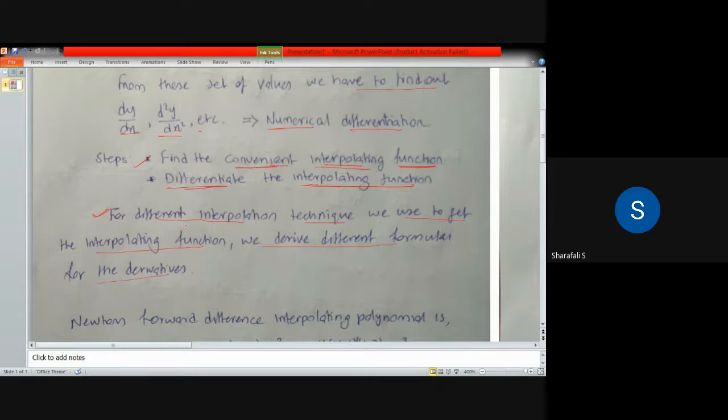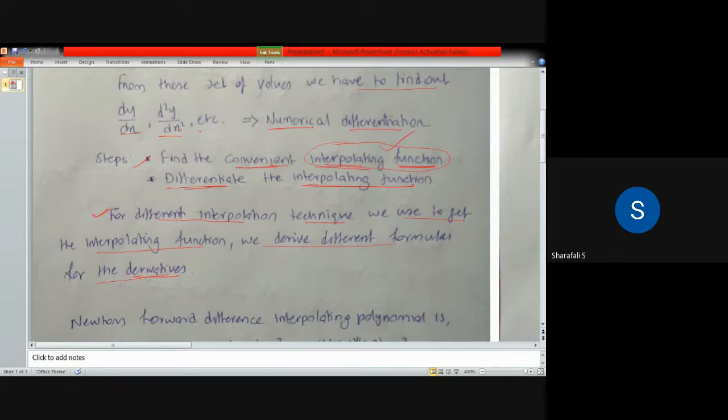Here we are using Newton's difference method. If you use some other interpolating technique, then we have to go for different equations for differentiation. So for each interpolation technique, we will have a different equation for the derivative dy by dx. This equation will change depending on which interpolation technique you use to get the interpolating function for the